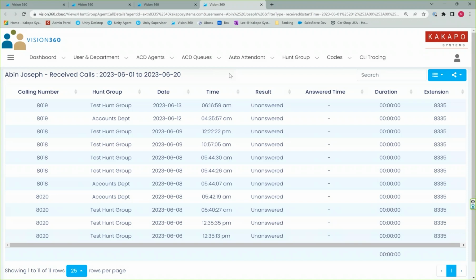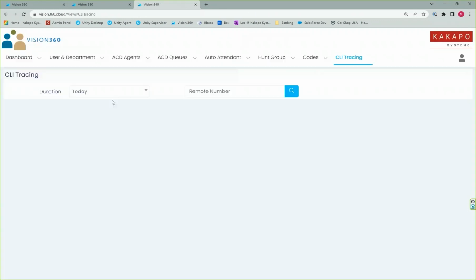So we've gone over the basic reports. We've gone over some customization. I've showed you the unreturned abandoned calls, hunt group and auto attendant reporting. Now, the other thing I mentioned on the slideshow is that we have Cradle to Grave reporting. And so part of that is your auto attendant and your hunt group reporting. But the CLI tracing is what I really like to show for that. Now, what CLI tracing will do, if I throw in a phone number here and I search for it,